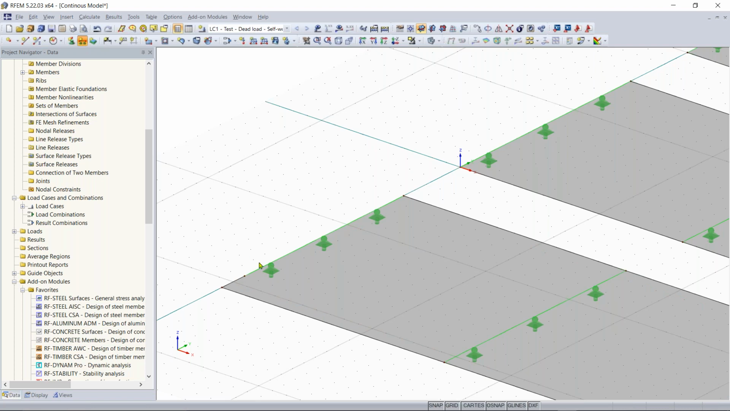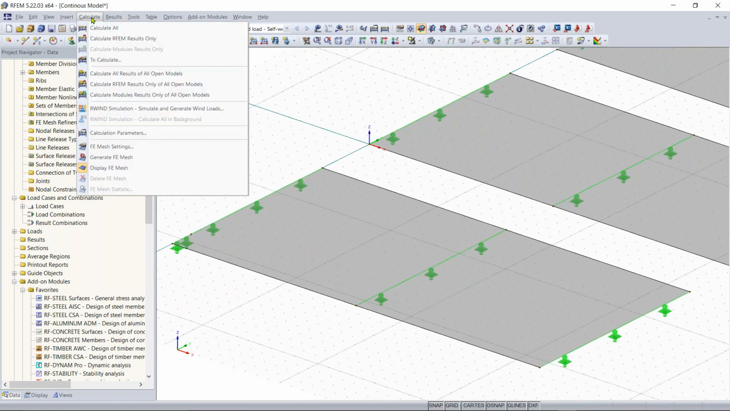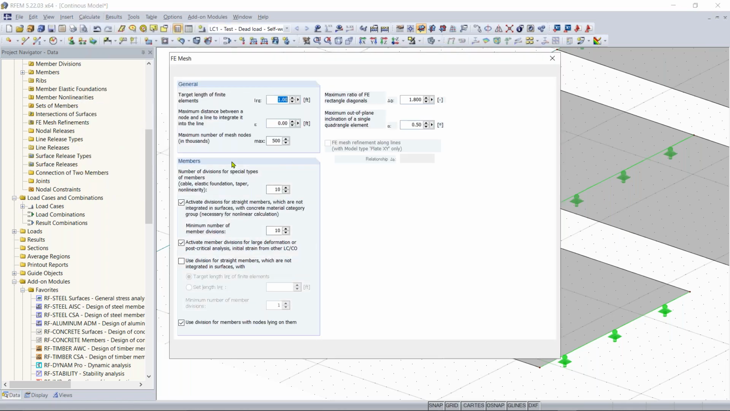And I'm going to add in extra line support at the end here. Right click, there we go. So normally, if you go up here to calculate, and then over here we have our FE mesh settings, you